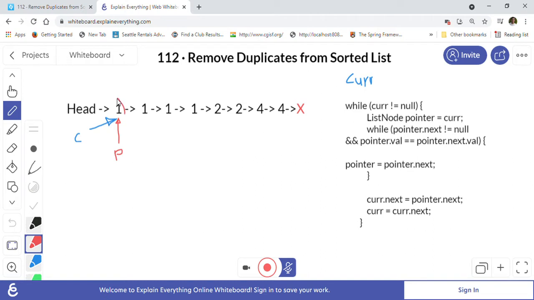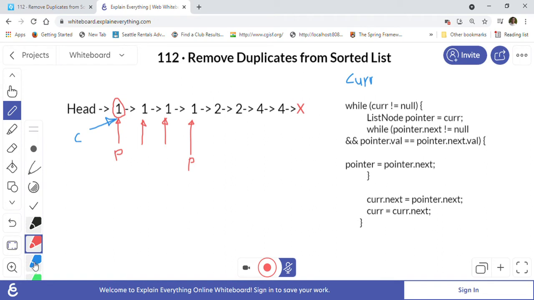So if we are seeing this 1 in the next node, we will keep moving the pointer. So now the pointer will go here, the value is matching 1, so again it will move, the pointer will go here because the value is still matching with 1, and the pointer will go here, still the value is matching with 1. And now when the pointer is seeing its next here, the value does not match, right? 1 is not equal to 2, so at that point our pointer is pointing to this one.